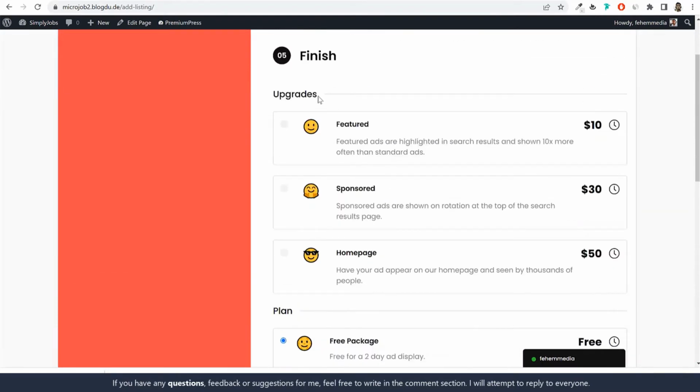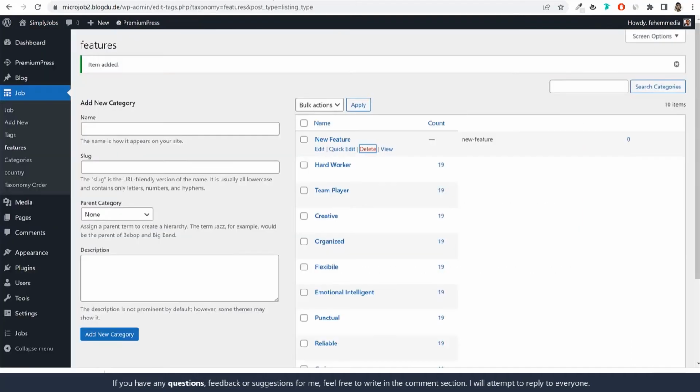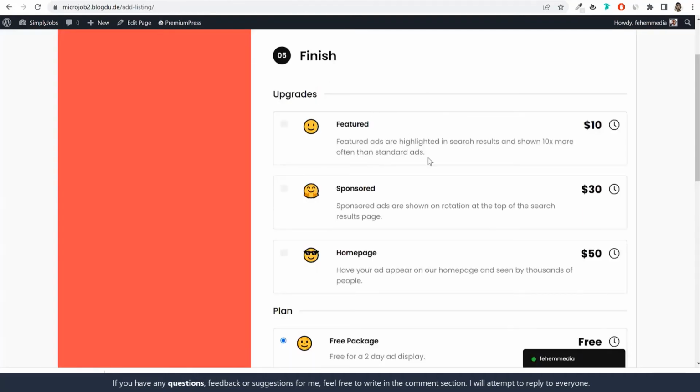Okay, first option is the upgrades option, which I think is a very important option and very useful option. So for example, I am a freelancer. I want to create a new account on this website, and I create websites for people. Now, because I'm a new person, I don't have any rating or